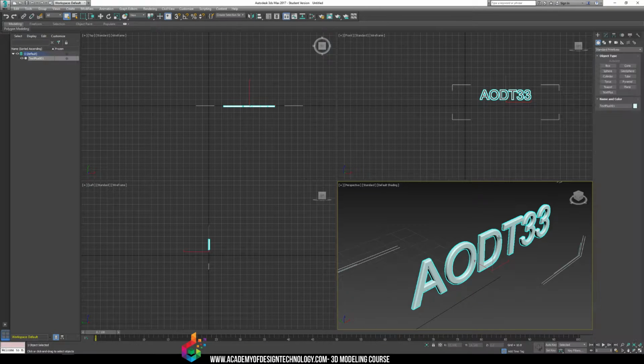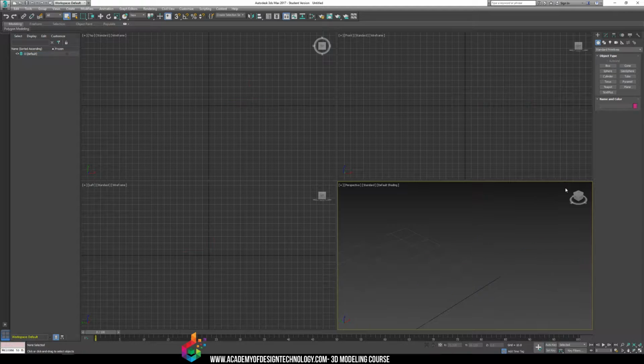So that's in our simple menu, which is in our standard primitives. We have box, cone, geosphere, spheres. We've played around with a little bit of these, and Text Plus is kind of an added option inside the newest versions of 3D Studio Max. But we can also click on standard primitives, and we can open up this menu to even more options. You can see, since we're in the Create Geometry panel, there's lots of different geometry that we can create inside 3D Studio Max. This menu also contains particle systems, patch grids, and you can see a few different options